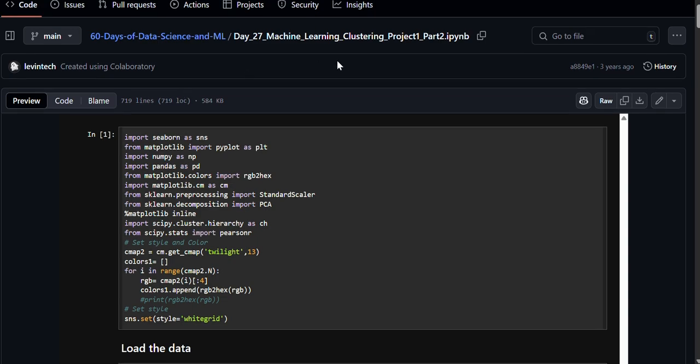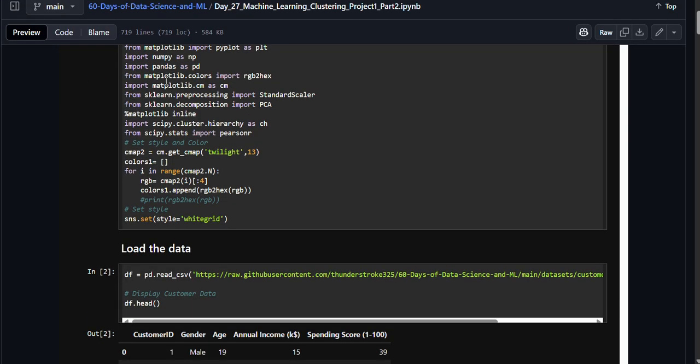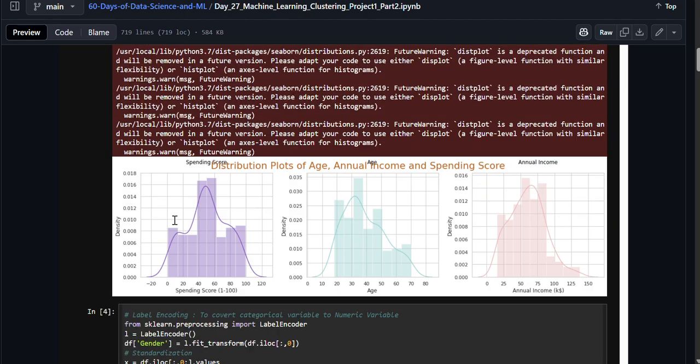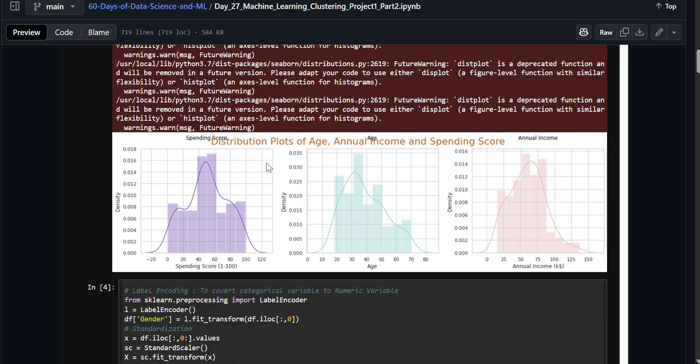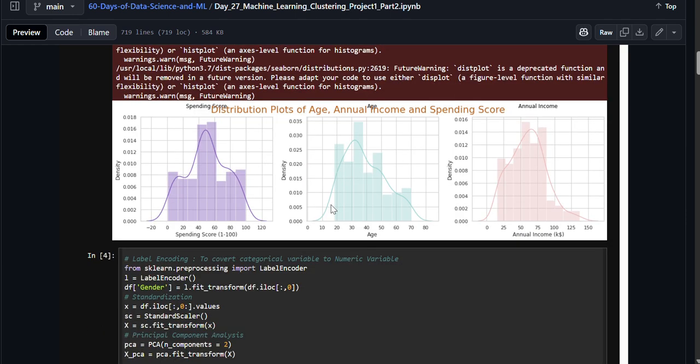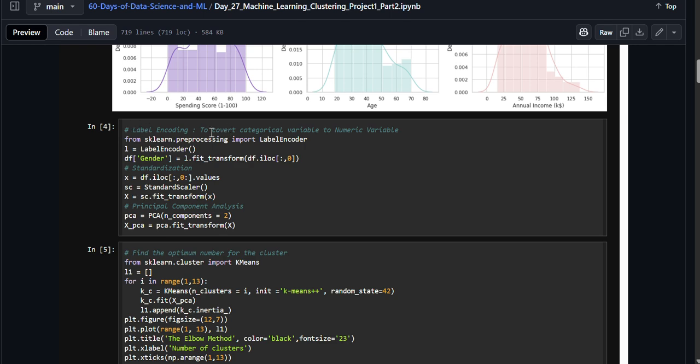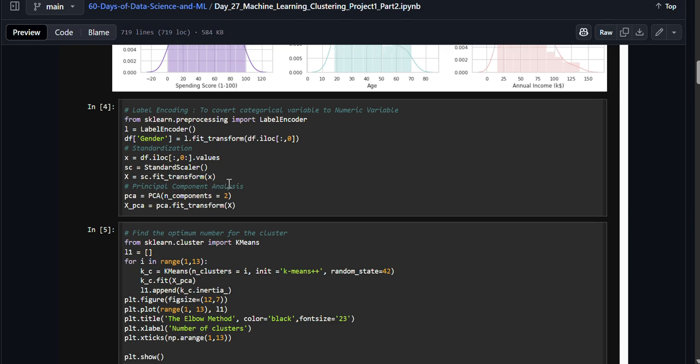kind of example here where it's the second part of clustering, same libraries, data is loaded. It's basically printing out distribution plots, as you can see here, of age, annual income, and spending score. It's doing label encoding, converting categorical variables to numerical variables by using sklearn preprocessing and using label encoder and transforming it with this index, standardizing the values using standard scaler, fitting and transforming, and then doing PCA analysis